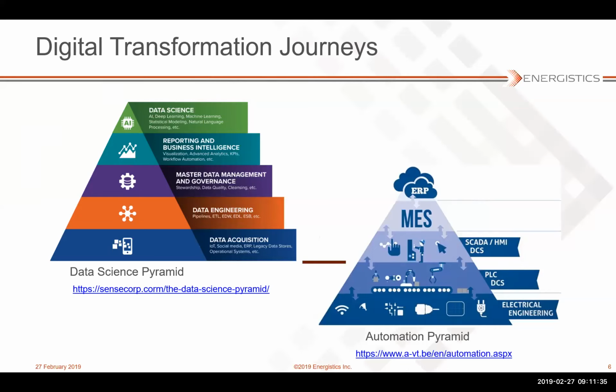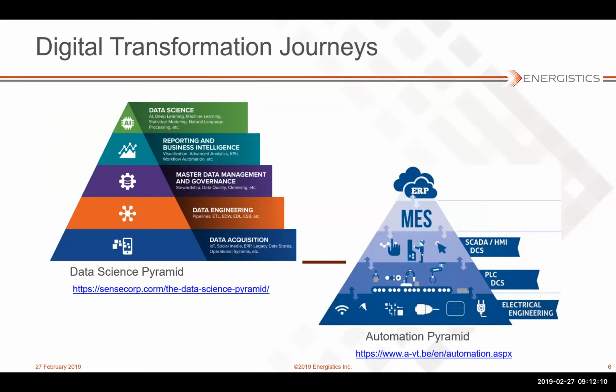And then finally, you get to focus on your actual higher value objectives, such as business reporting, BI reports, basic analytics with Spotfire and so on, and then building up towards kind of the holy grail, which is artificial intelligence, deep learning, machine learning, all the sorts of things that are going to let companies get more insight out of their data, improve their operations in ways that perhaps their current workforce would not be able to do alone.